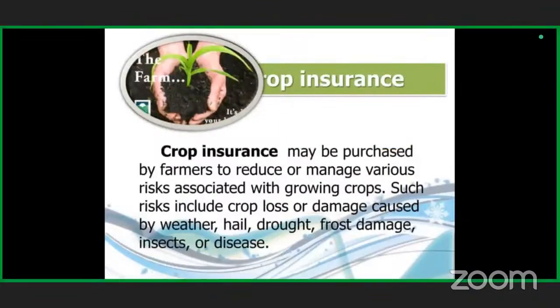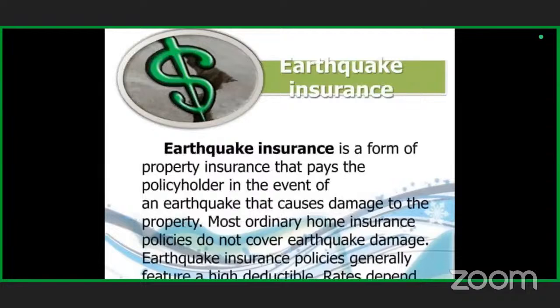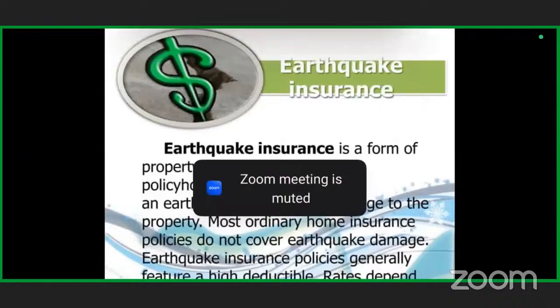Crop insurance is one kind of insurance relating to your crop. Farmers will take this kind of insurance, which may be purchased to reduce or manage various risks associated with growing crops. Such risks include crop loss or damage caused by weather, hail, drought, frost damage, insects, disease, etc. This is crop insurance, normally taken by farmers. Then earthquake insurance is a form of property insurance that pays the policyholder in